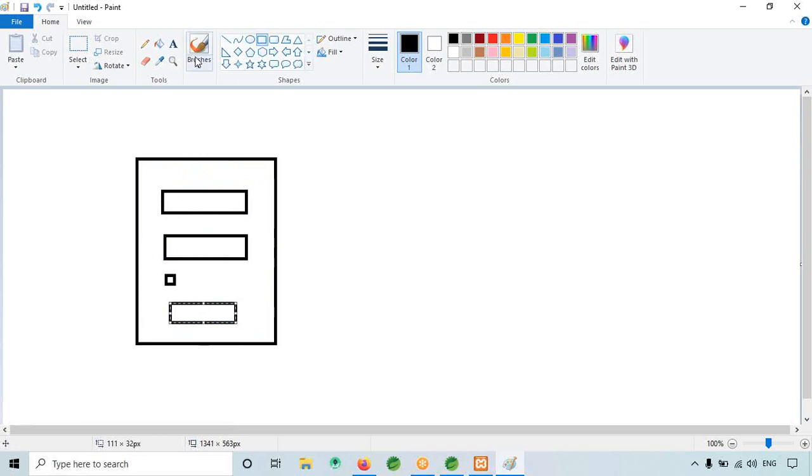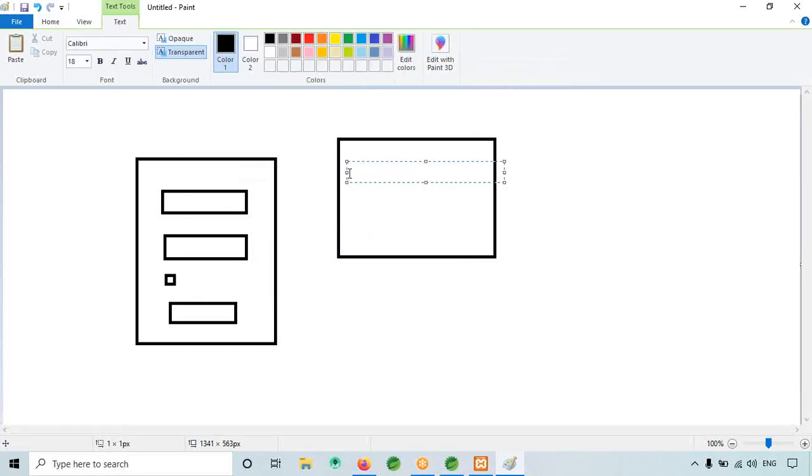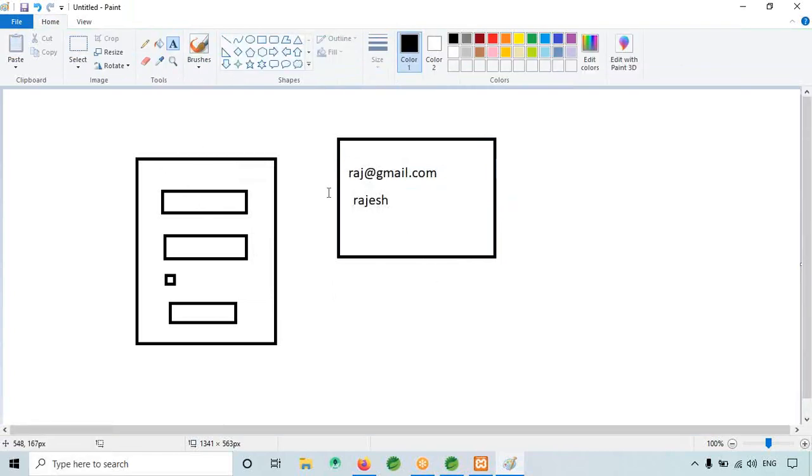First I'm just writing a simple Spring program. If I enter the email ID, for example raj@gmail.com, and username Rajesh, imagine, it will print on another screen. So first I will do that.